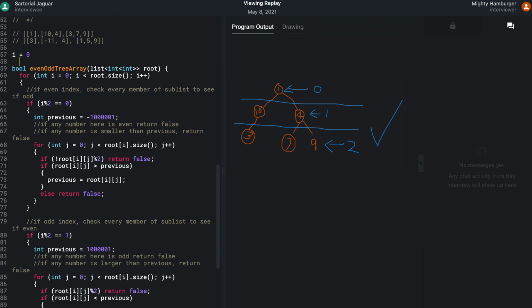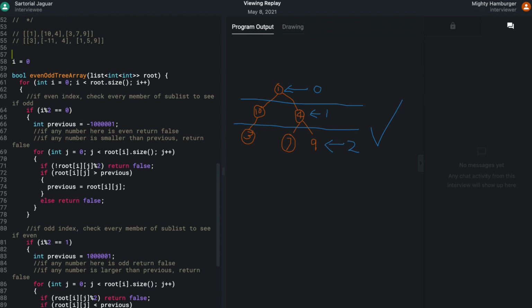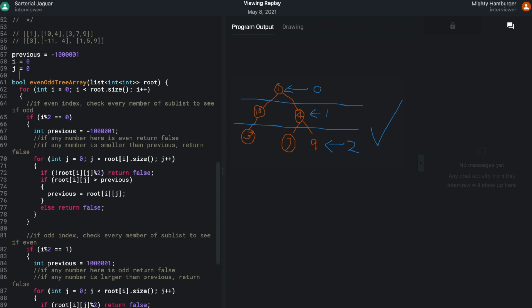Okay, so now we have previous. Let's put previous up here. Previous equals negative 1,000,001, and J is created. So we have J equals 0. Root I, J, I don't know, I wrote 4.